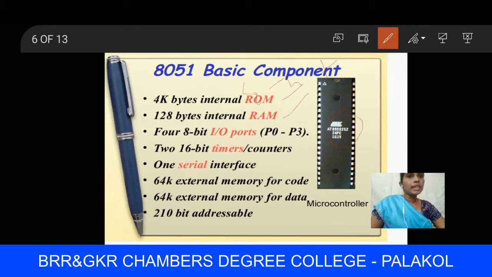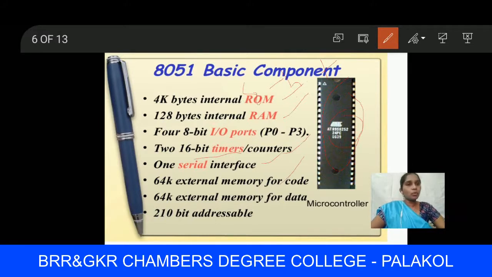microcontroller. And next it has two 16-bit timers and counters. Another one is one serial interface in this IC. And next, 64 kilobytes of external memory for code.